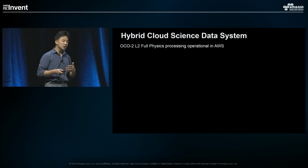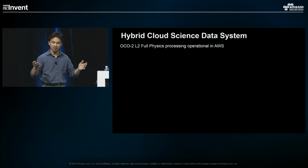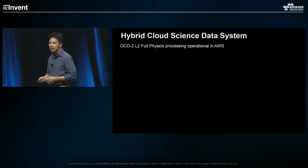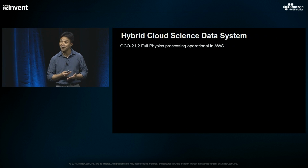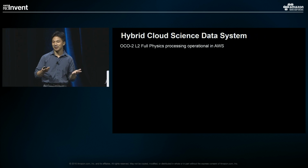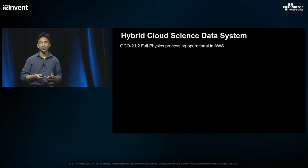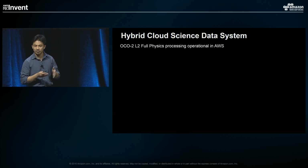But they typically do a lot of reprocessing, a lot of analysis that reprocesses all the data historically. And one time, the supercomputer that they were running on was scheduled for some maintenance downtime, but they needed to reprocess a lot of data really quickly, and so they were unable to do that. So they gave us a call, and we basically assembled a Tiger team, and within just a few weeks' time, we were able to port one of their entire full physics processing